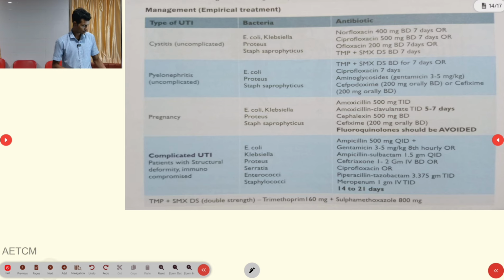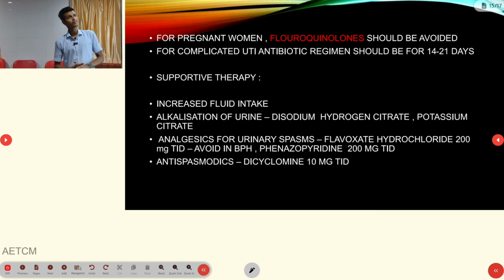So we can just go through. And the main important thing antibiotic wise, one thing you have to remember, fluoroquinolone should be avoided in pregnant ladies. Why? Fluoroquinolones, the drugs we know, norfloxacin, ofloxacin, should be avoided in pregnant women, because they will cause some developmental issues in the growing fetus. That is why fluoroquinolone should be avoided. If it is a complicated UTI, the antibiotic regimen should be continued for 14 to 21